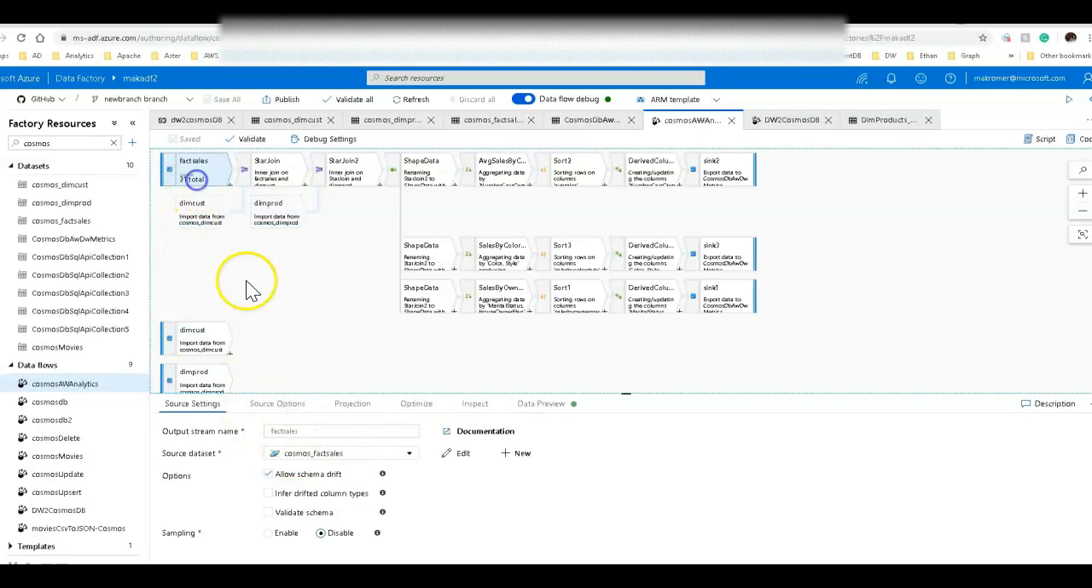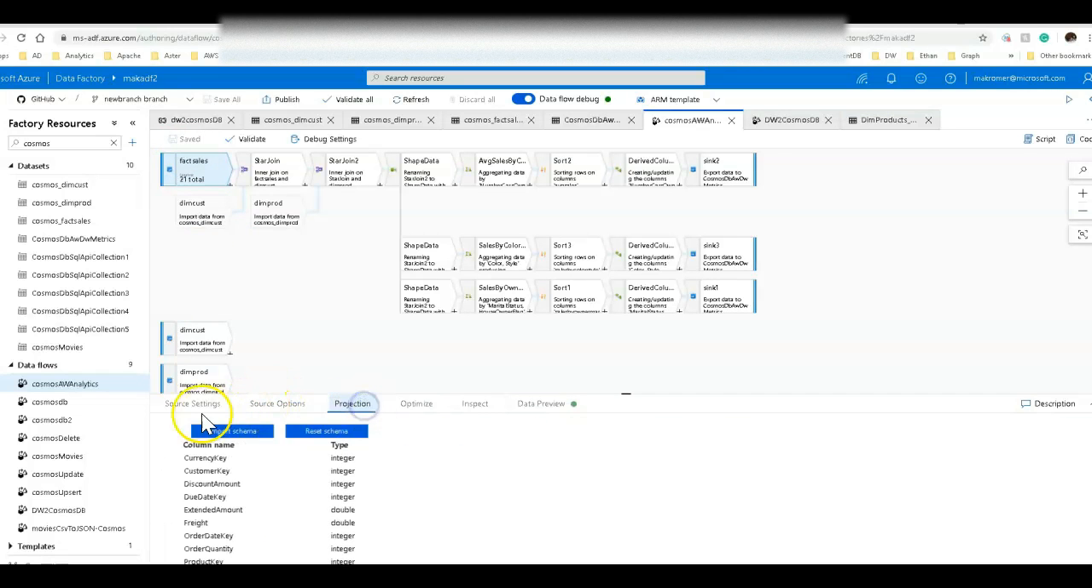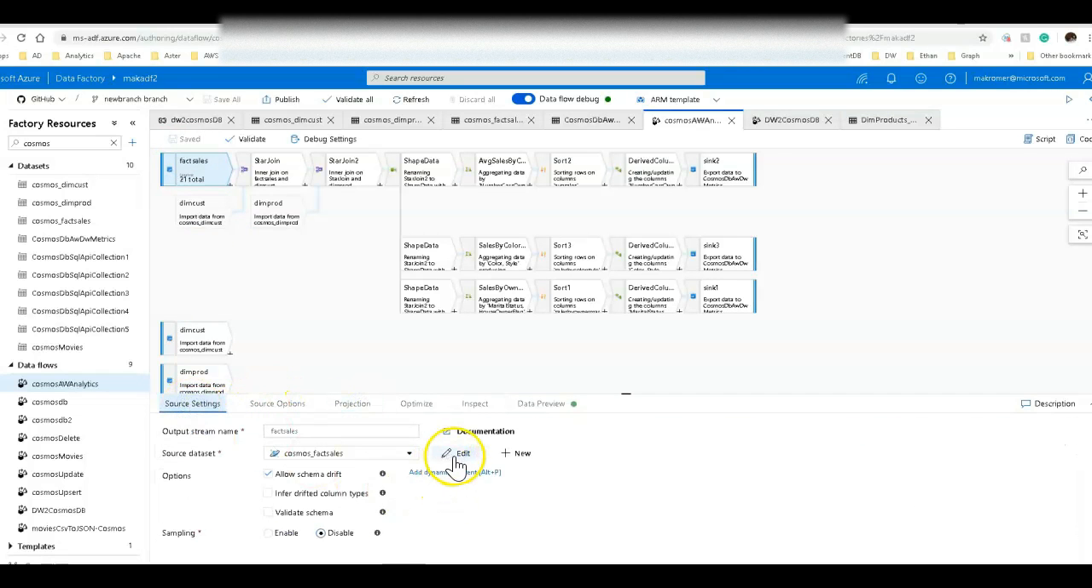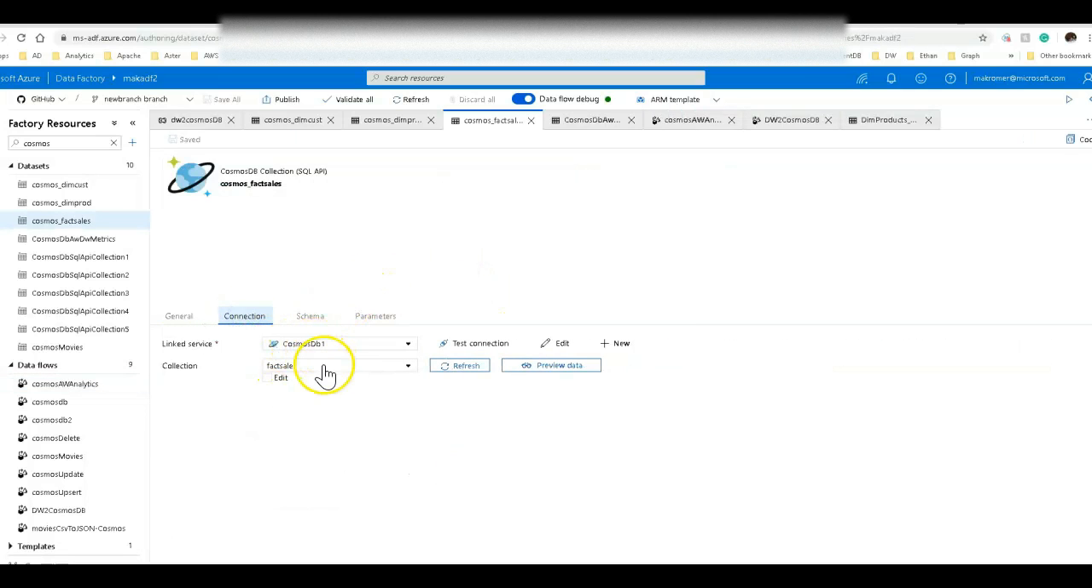Now on the source for Cosmos, there's a slightly different set of attributes you need to be aware of. I set the throughput. I'm just reading from the collection, and then on the projection, let me go back here. Let me show you the actual data set itself. The data set is just pointing to my CosmosDB in the collection I want to pull from, but I have